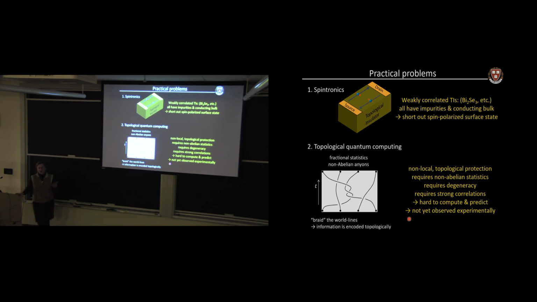I think that one of the exciting things for theorists in the field of topological materials is that these weakly correlated materials, the theory led the experiment. So theory predicted, experiment found, theory predicted, experiment found, in that order. And now in the world of strongly correlated topological materials, this is a place where I think experimentalists can really start with an exploration and then tell the theorists what we're seeing.